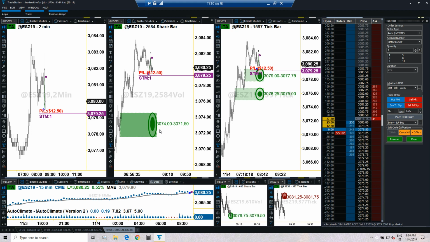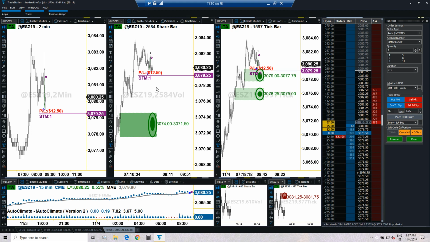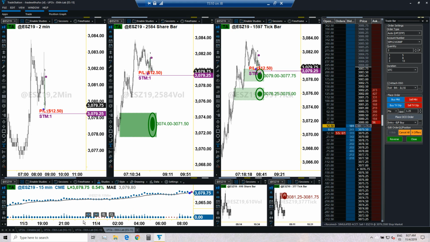You can see that there is a little bit of residual on-field orders still left. Probably little, that's why the UFO is gone from the screen. But you can see how there is a pretty important fight for price to go down, and price is staying there. So if it goes up, it's going to be very good for us. If it goes down, you certainly want to be out at 3079.25, because that probably implies that the market may actually even change climate. So we did collect some profit, protect the risk, and now we are exposed with no risk to whatever happens, either up or down. That's the beauty of using those safety targets.